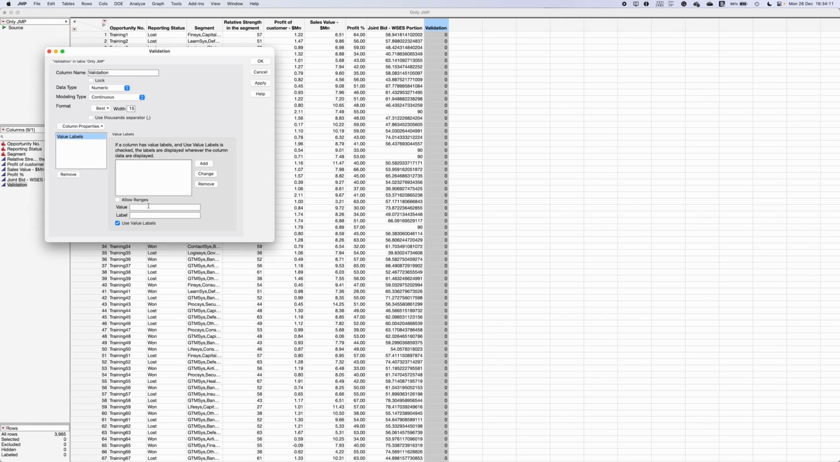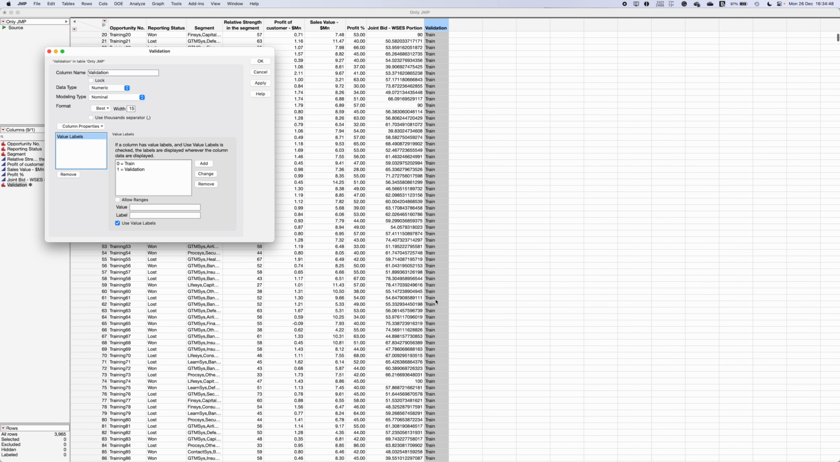Now here we have to add the values. What we are telling it is, if the value is 0, that label is training, and then click on add. If the value is 1, that label is validation, and click on add. Now let the data type be numeric, but the modeling type should be nominal, because it's not continuous data, it's just 0 and 1. Then you click on apply. As you will see now, it will be converted into train and